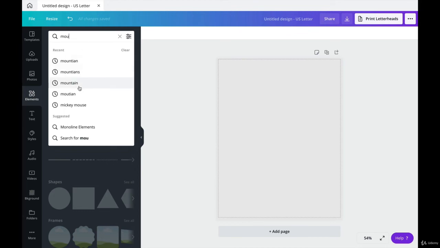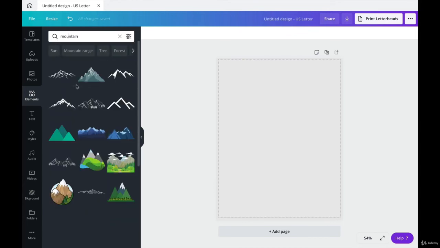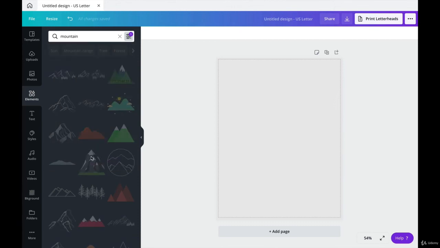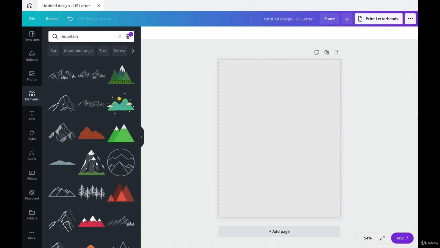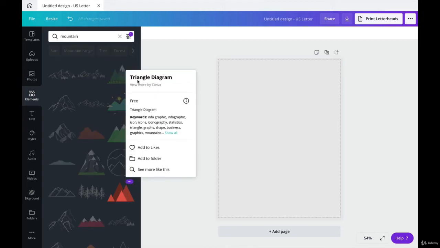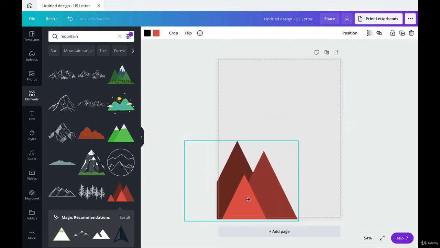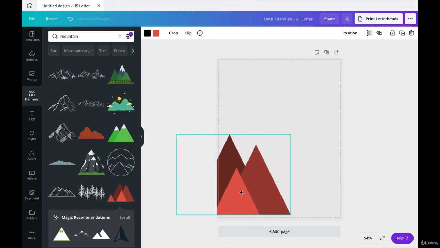And what I'm going to do is I'm going to go over to the free section. I'm going to apply the filters. Sometimes the free section gives you more basic illustrations, and this is the one I'm going to choose. You can click on it. It says triangle diagram. So I'm going to click on that, and as you can see, it's just a set of triangles. And what I'm going to do is I'm going to enlarge it,